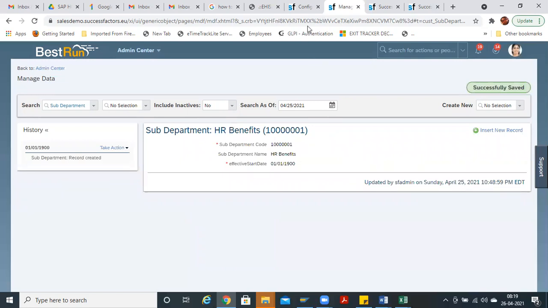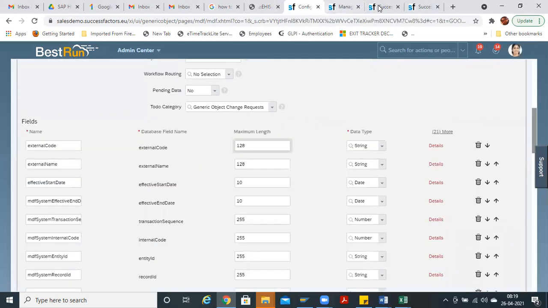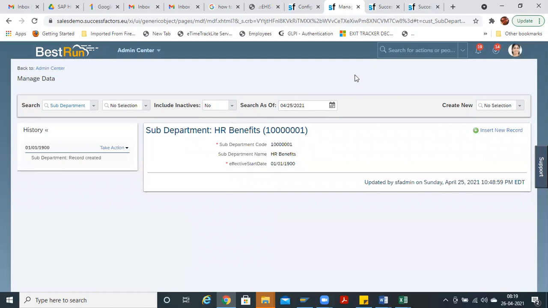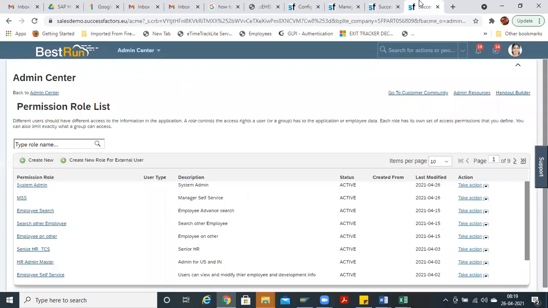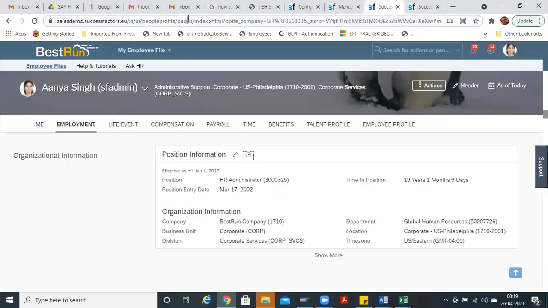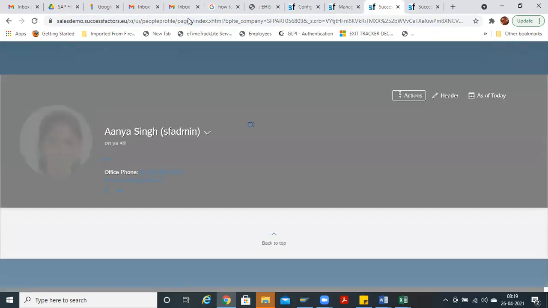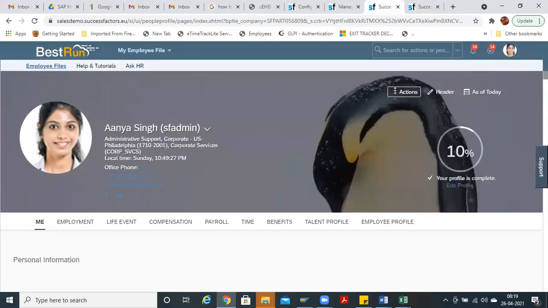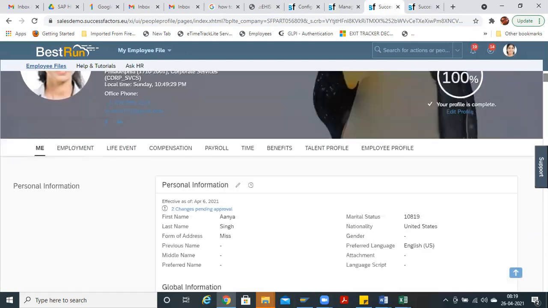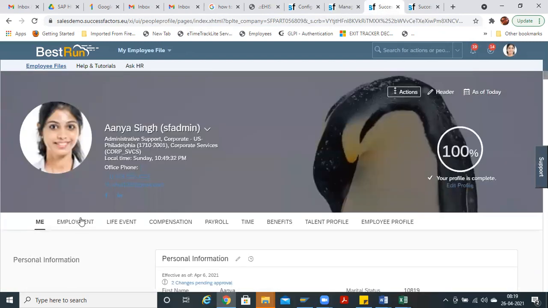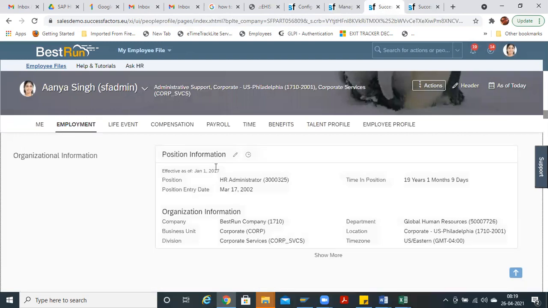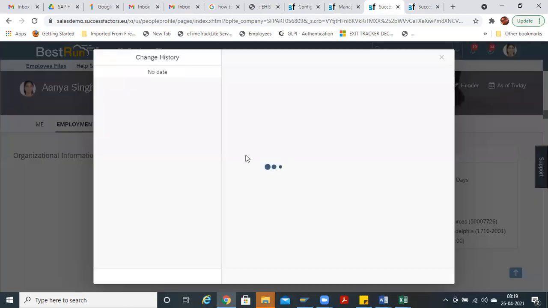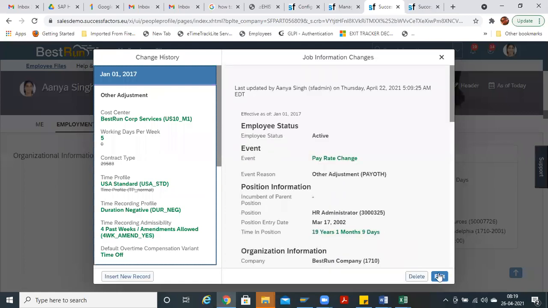Now, one last thing. First, you configured a sub-department here. You have also created a sub-department here. Now, this is the employee file. If you refresh the file, here in the front end, like company, org unit, division, which are mentioned for the employee, sub-department should also be mentioned, right? If you go to position and edit it,